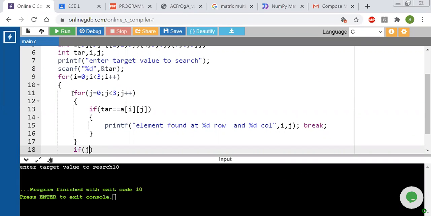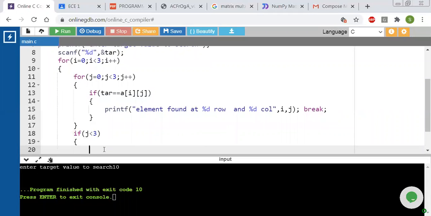Now when it comes out of the J loop, if this condition is true, that means it may be true at J is 0, J is 1, or J is 2, and it will execute. If J is 3, it comes out of the loop. Suppose J is less than 3.